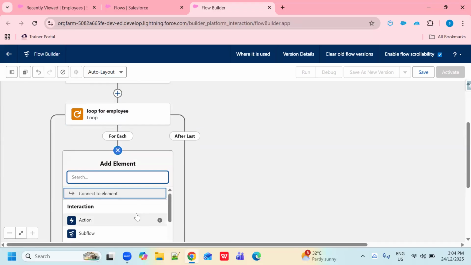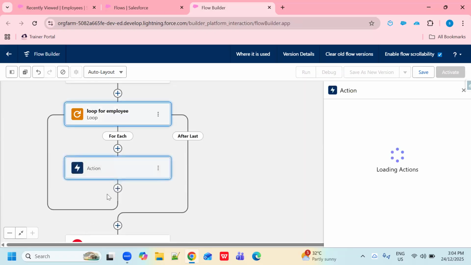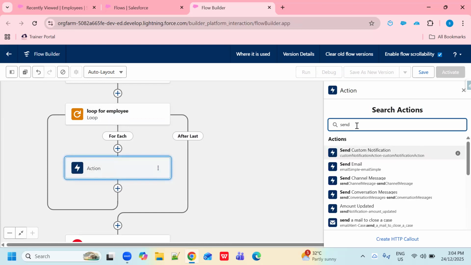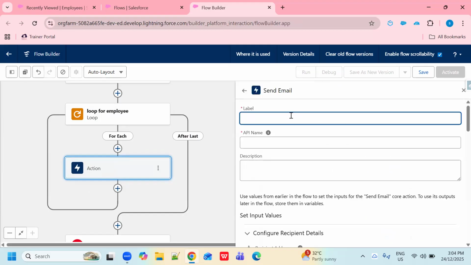So to send a mail I need to add the action, right? So select this element, and in this element what action do I want to perform here? Send email, right? So choose your action. So label: send birthday email, right?